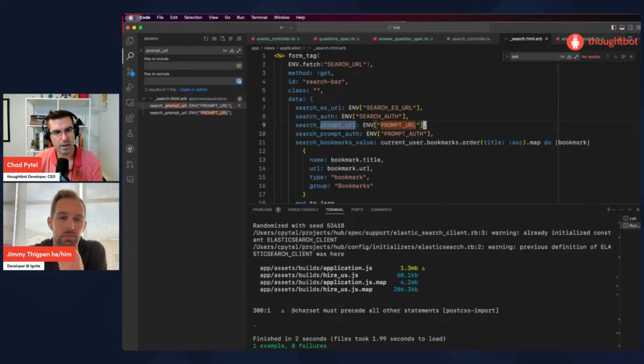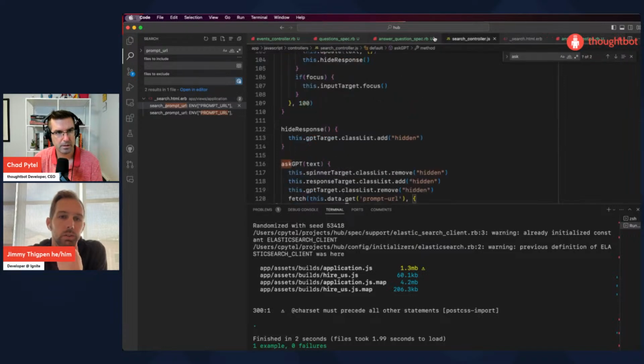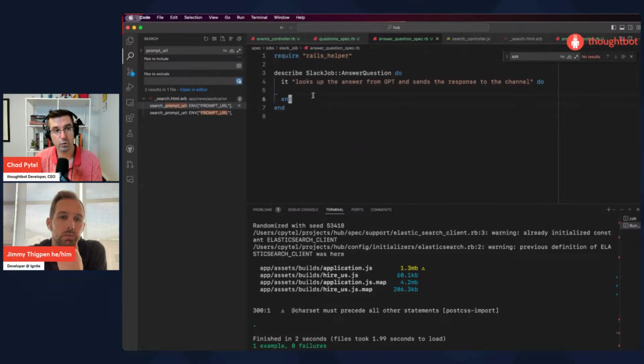So I think we want to make a new class that knows how to answer questions in Hub, but what it's going to do is use something like REST client to actually communicate with the external service. I see. Okay. So are we kind of making what exists in Hub to answer these queries more usable? From Ruby, yes. Right now it's only being done from JavaScript directly in the browser to the search service.